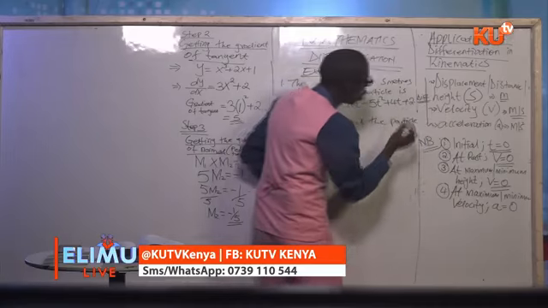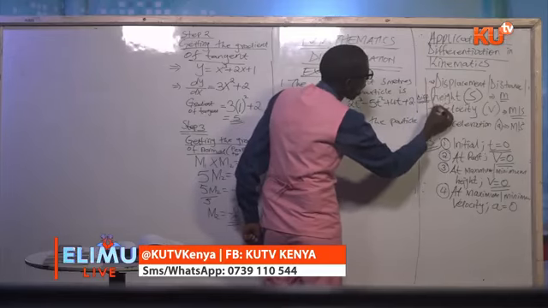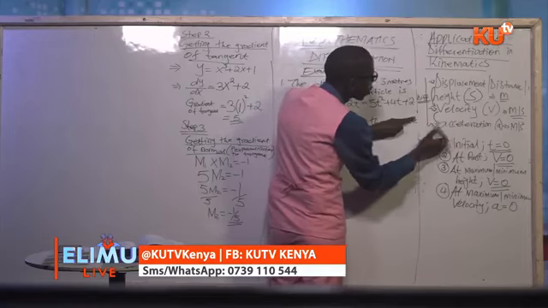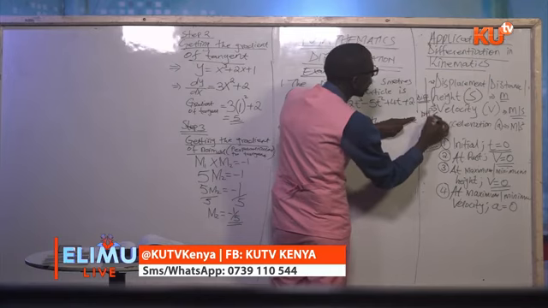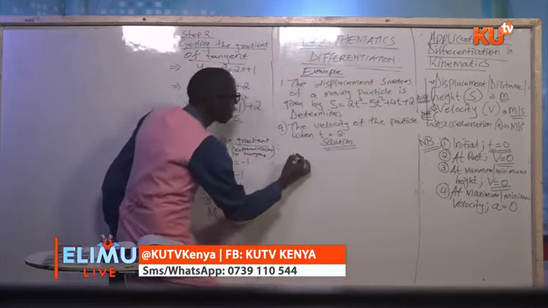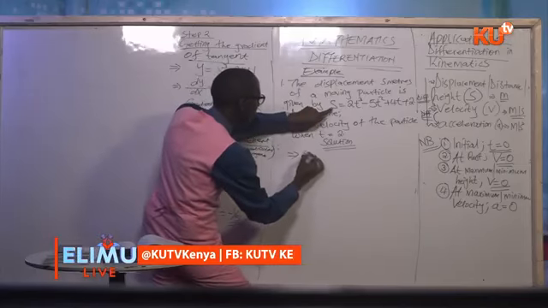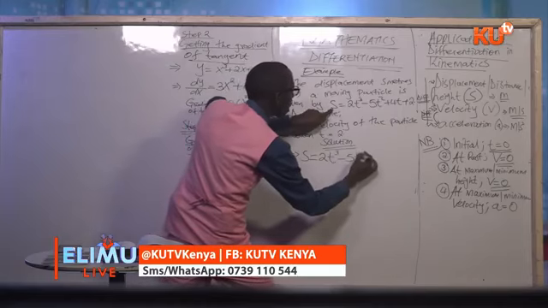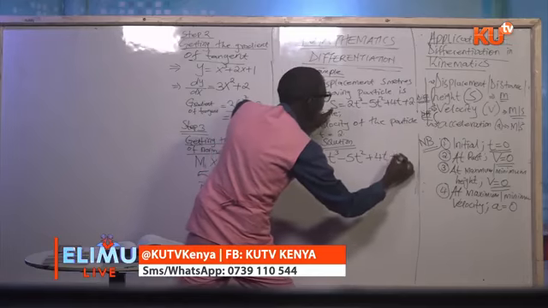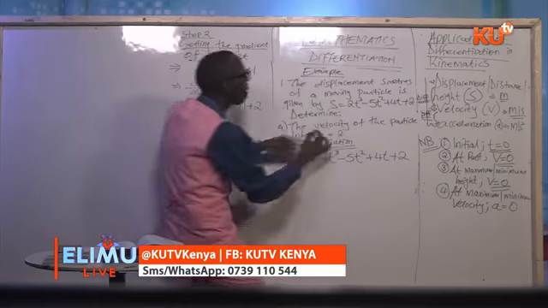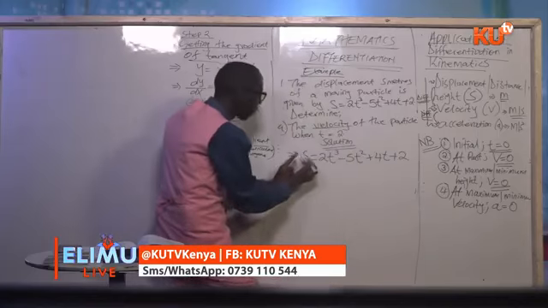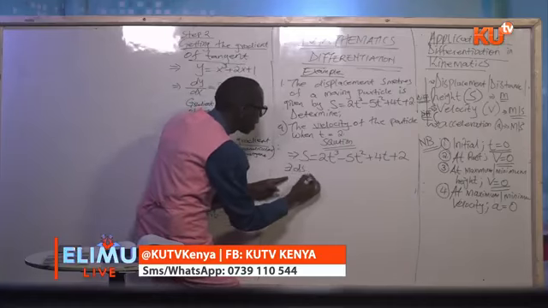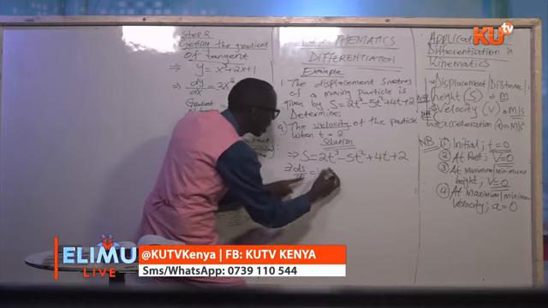Diff means differentiate. So given the displacement and you are asked to get velocity, you differentiate. Given velocity, you are asked to get acceleration, you also differentiate. So already we are given the equation of the displacement. S is equal to 2t cubed minus 5t squared plus 4t plus 2. And we are told to get the velocity. So we have to differentiate the displacement and say ds over dt,